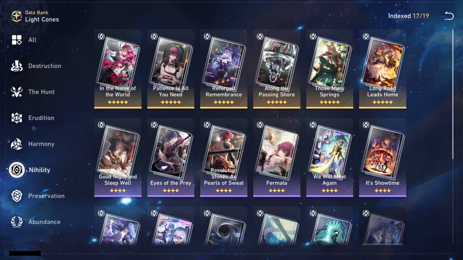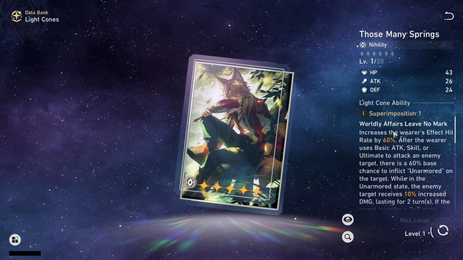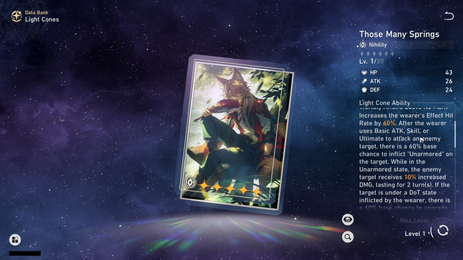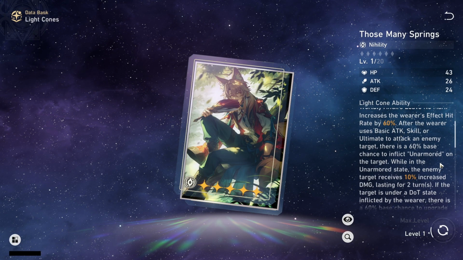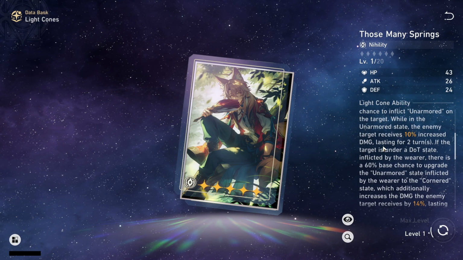by 3%. Taking a look at the best Lightcone options for Jiaoqiu, his best one is obviously going to be his own signature Lightcone, which provides the wearer a 60% increase to effect hit rate. After the wearer uses basic attack, skill, or ultimate to attack the enemy target, there is a 60% base chance to inflict unarmored on this target, and while in the unarmored state, the enemy target receives 10% increased damage for